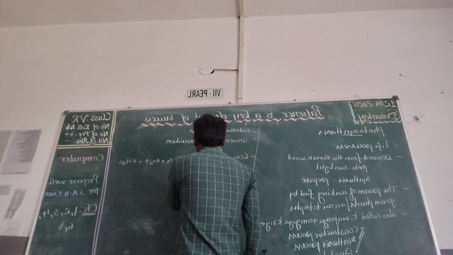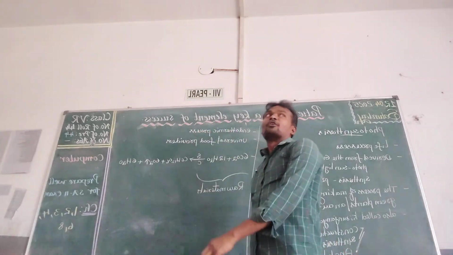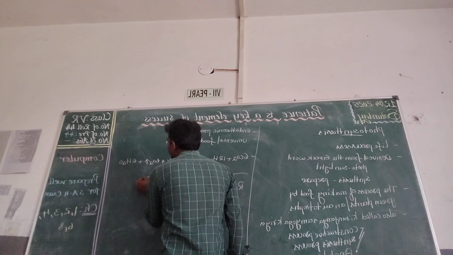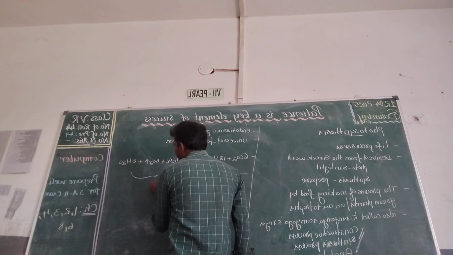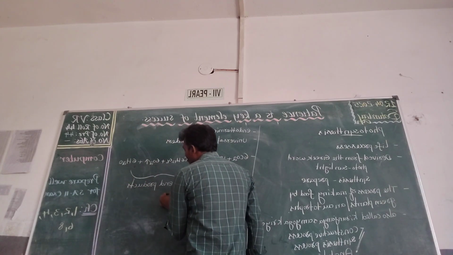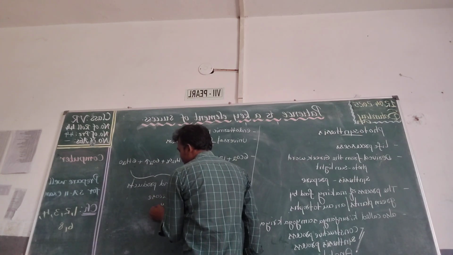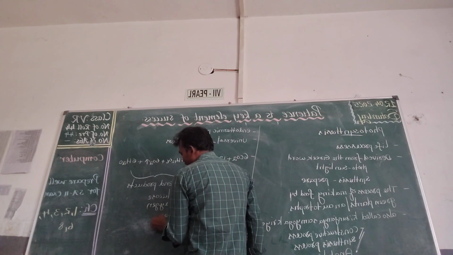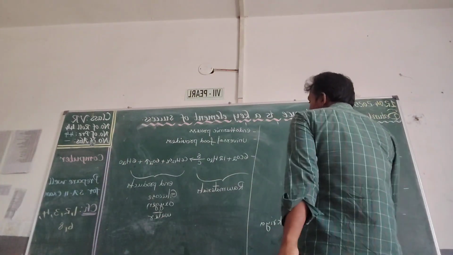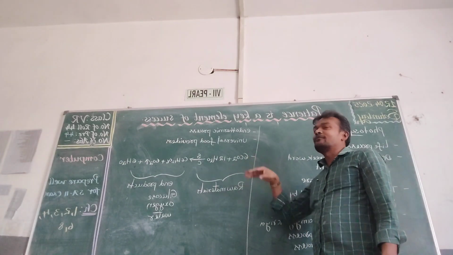If you observe in the chemical equation of photosynthesis, there are some substances present after the arrow mark. Those are called end products. So what are the end products of photosynthesis? Glucose, oxygen and water. So these are the 3 end products of photosynthesis and 3 raw materials for photosynthesis. Okay. So this is a brief information about